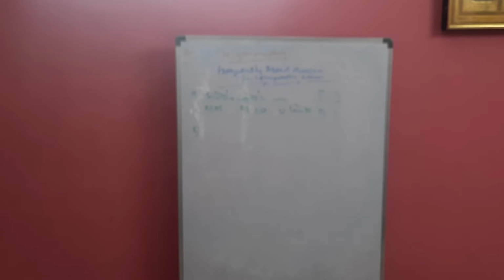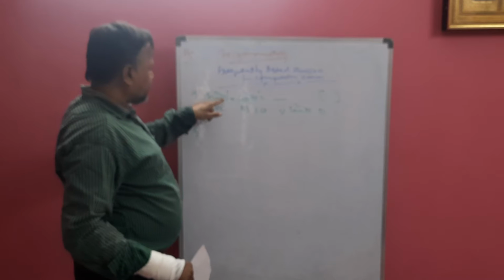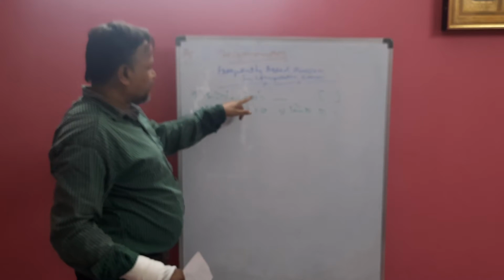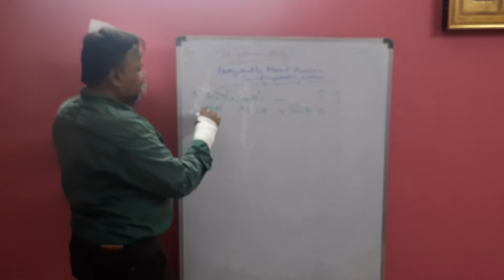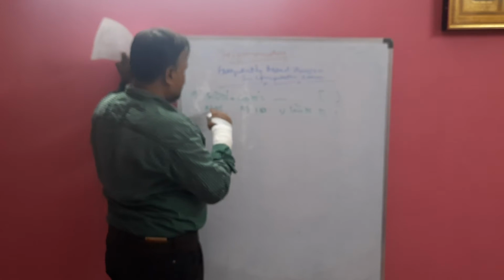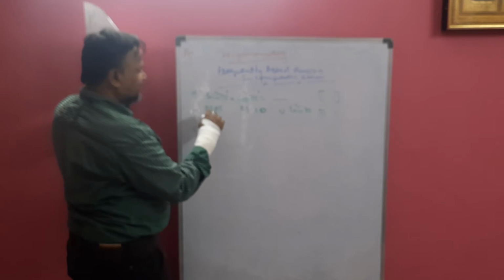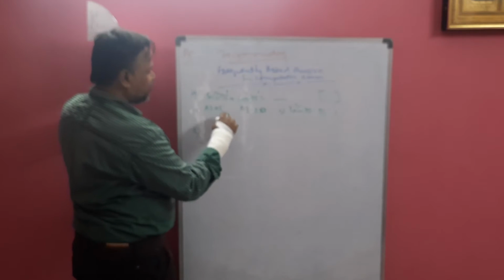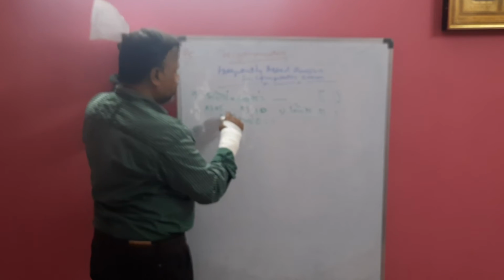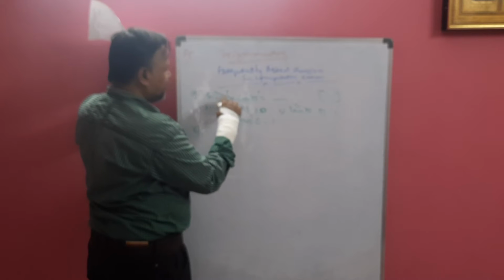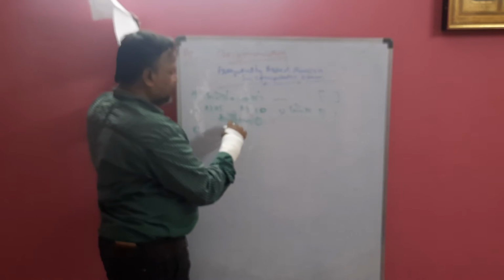Now problem 7. Just see. Sine square 75 degrees plus cos square 75 degrees equals dash. You know that this is a very simple one. The options are given like this. Here just see, the identity is there. What is that? Sine square theta plus cos square theta is always 1. Whatever theta is there, 75, both thetas are same.